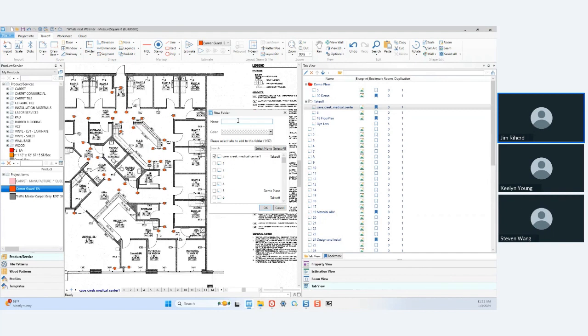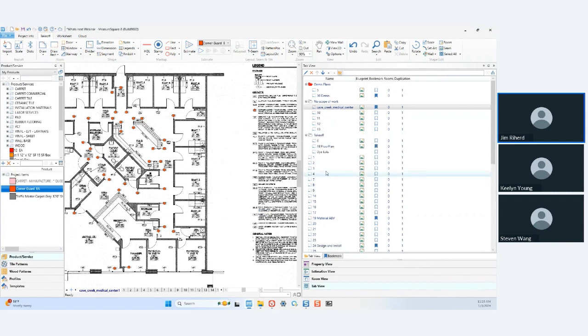I can say, no scope of work as an example here. I can color code it so it's a little bit more visual. Then I can come in here and just select the tabs I want in here as an initial organization structure, hit OK, and then I'll add those tabs into this folder. And then if I want to auto rearrange them, I can use the icons or drag them around or drag a